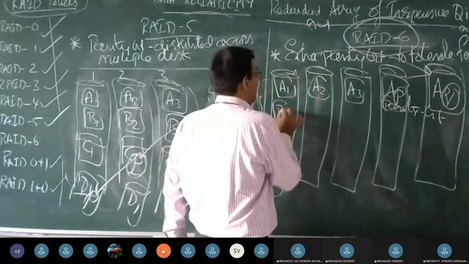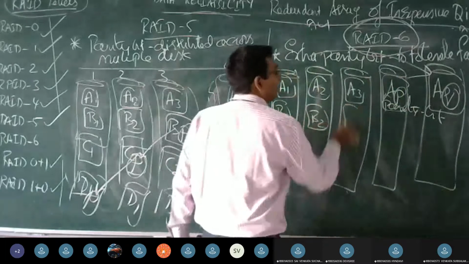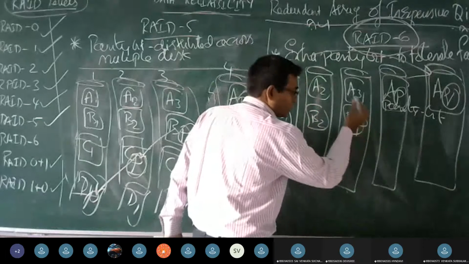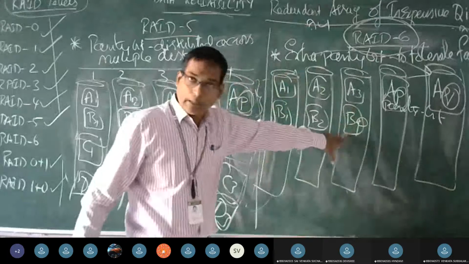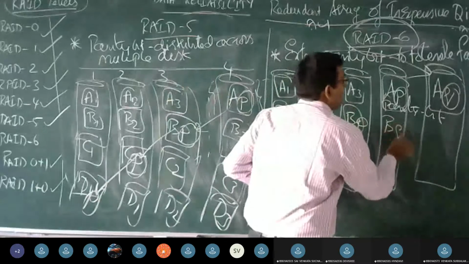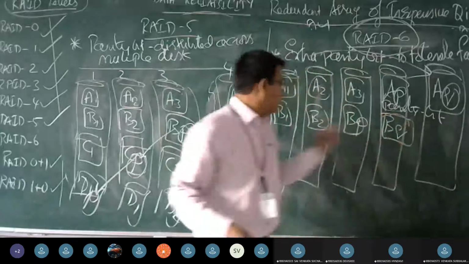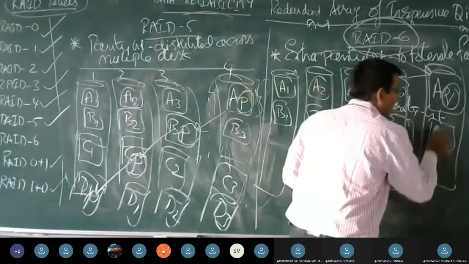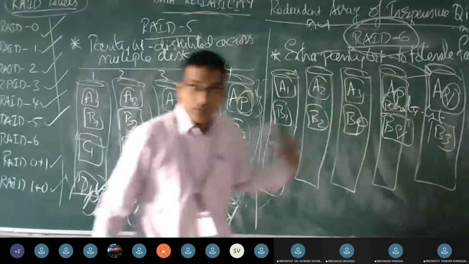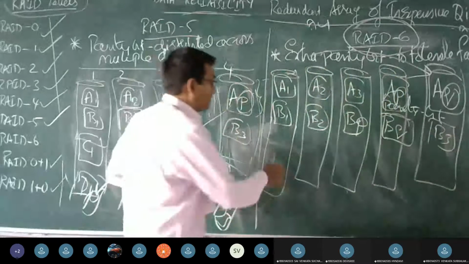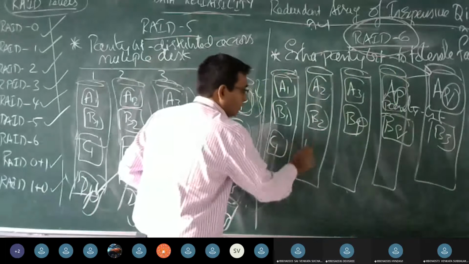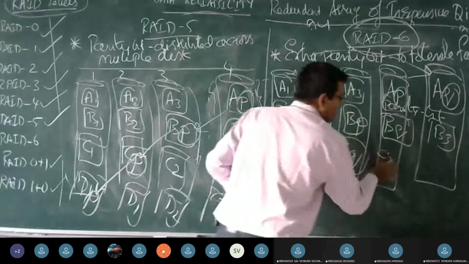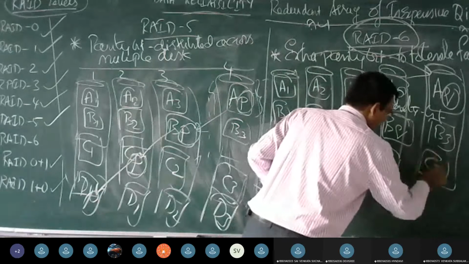Next we have B1, B2, B3. We will have spreading of contents, right? So it is BP, that is the first parity bit. Then we have BQ, the second parity bit. So B1, B2, and B3, the general data, are added. Similarly, for the disk block C1, it is C1 followed by C parity, C extra parity, followed by the general bits of C.